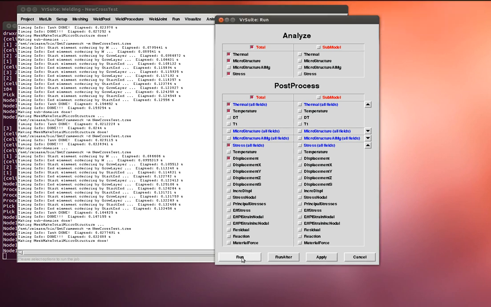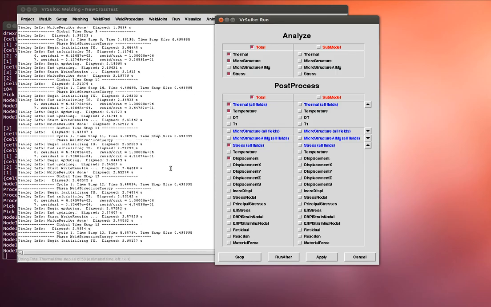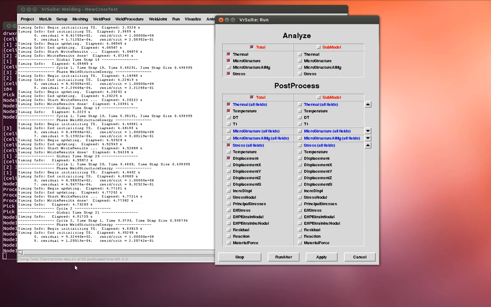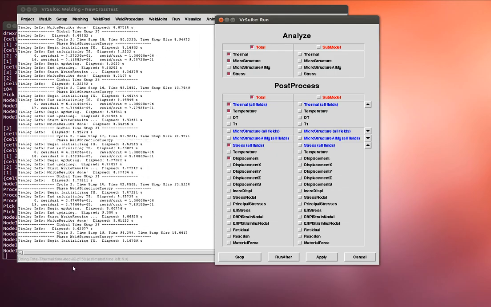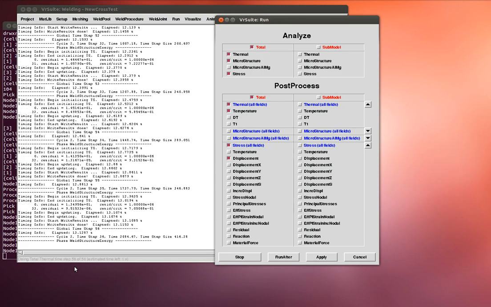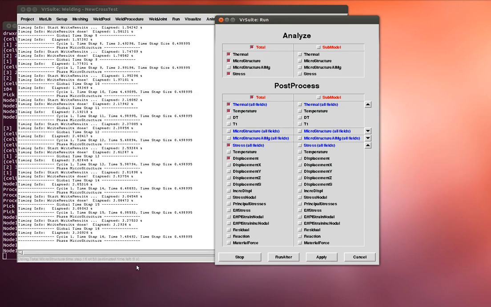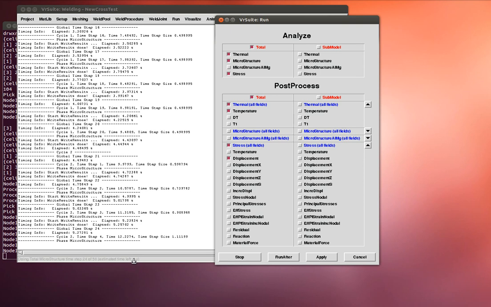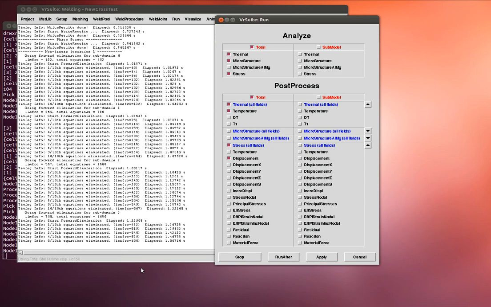I'm going to start this one running immediately, and we see the thermal going there. We can read along the bottom of the window what's happening. It's doing thermals. Time steps are incrementing, 58 time steps in all. We have an estimate here of the time to completion for this analysis. The microstructure is very quick, and then the stress